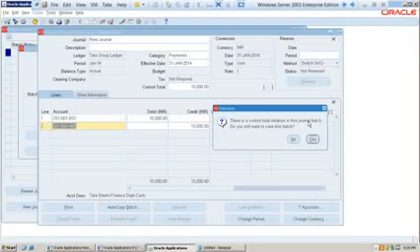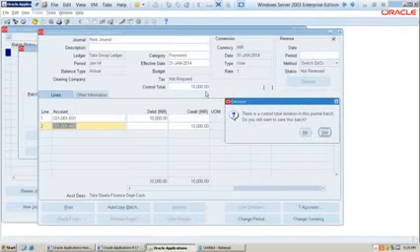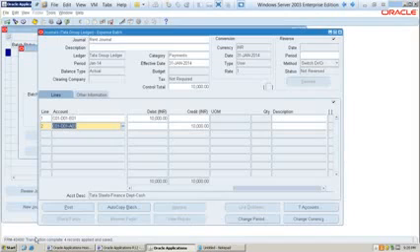There is a control total violation for the journal batch. Batch level there is a violation. Journal lines are okay, but batch is not okay. Do you still want to save? Let us save and see what will happen. I saved it. You see, transaction completed, and the record is saved.